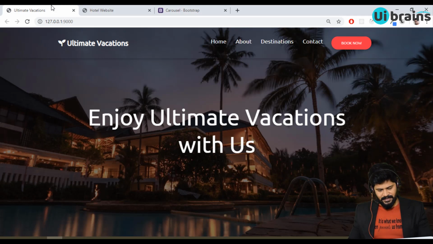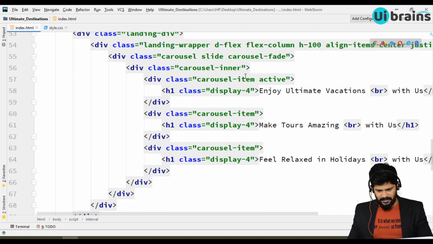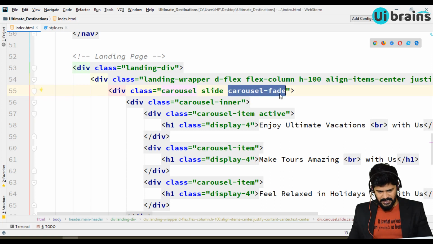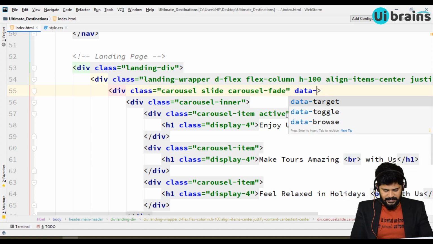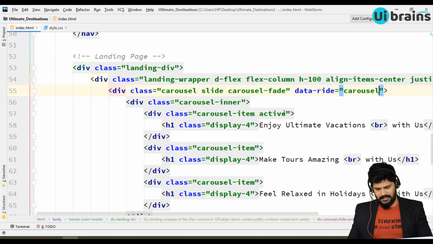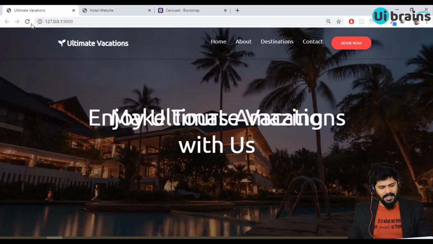After 3 seconds, not working. Let's find out what went wrong. Everything is fine actually. Carousel slide, carousel fade. Oh, you missed something: data-ride carousel. Right, so this is most important. Now check. Yeah,